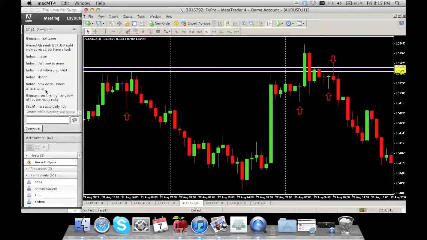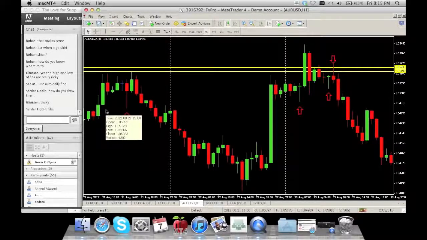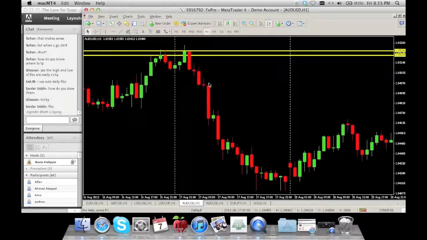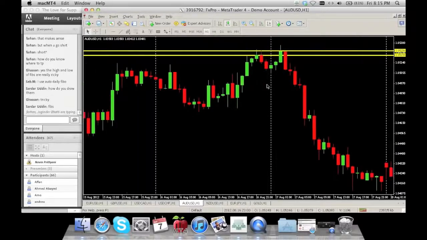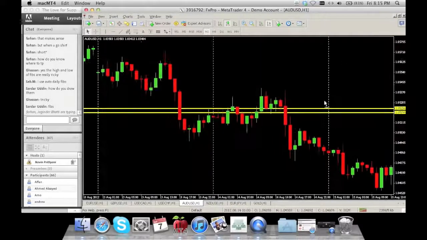How do you know where to take profit? Farhan, the best place to take profit is with your guaranteed levels on your pivot lines. Again, it's on the pro trading strategy for the take profit ones. But this also gives you a good heads up on your exit areas, where the market possibly wants to exit.